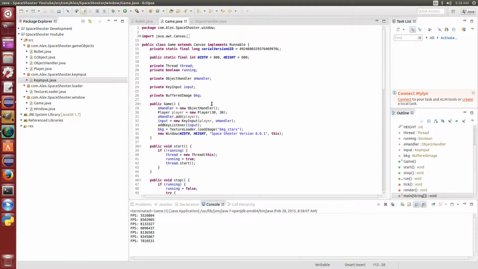And finally, a buffered image background. It's sort of obvious what it is. It's the background of stores. You could also, let's just make it not